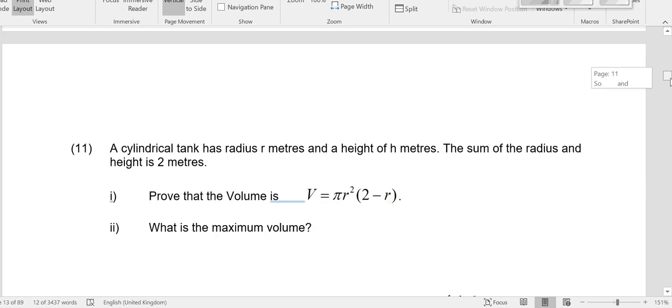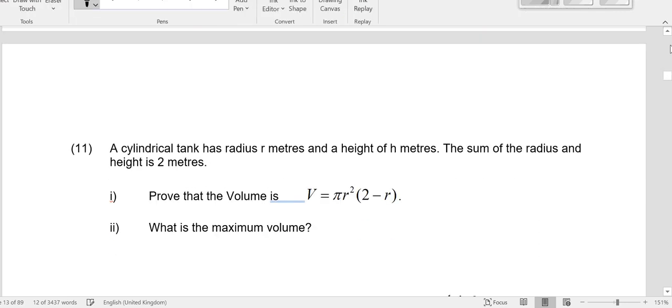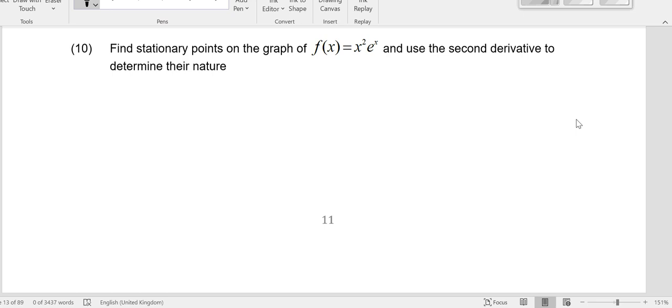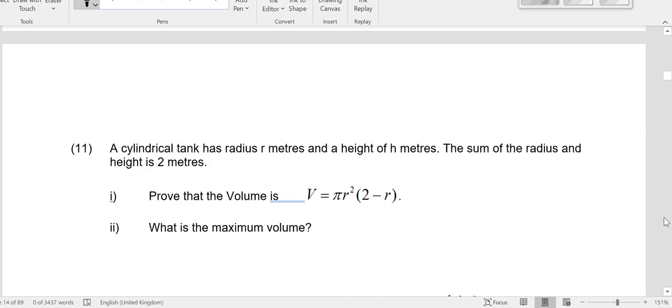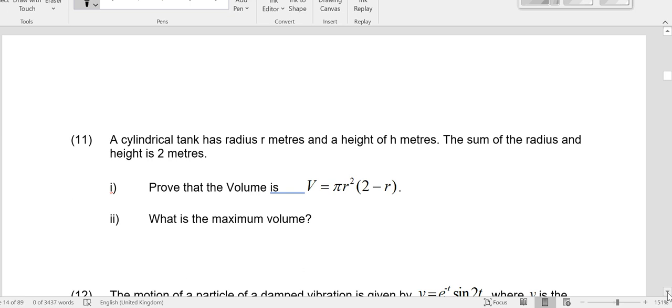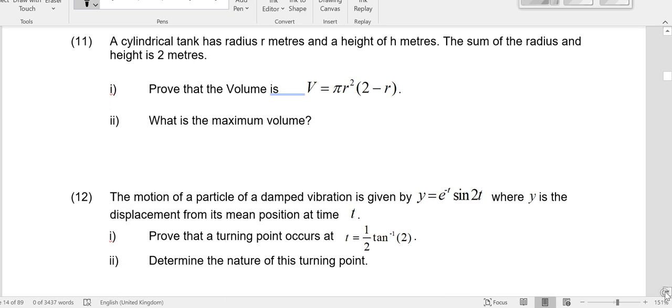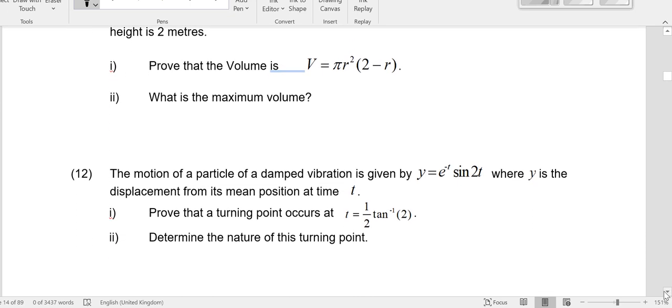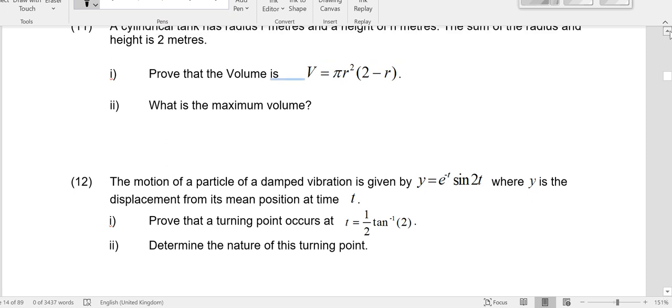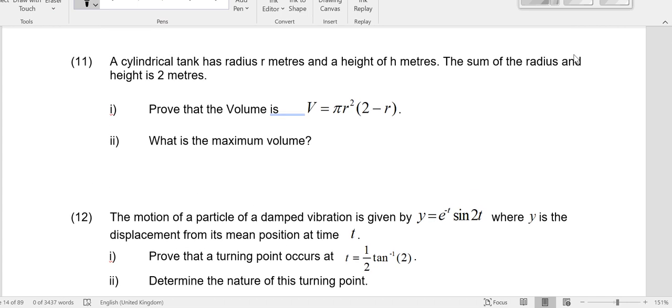Would be worth trying. Now you'll notice that question 10, there we go, is very, very similar to the one we just did. So you should try that one. And then down here, question 11 is an optimization problem. Now, what I would suggest here is, well, question 10 in some respects is more like the one we've just done, so that might be worth trying first. And then question 11, if you do this at the end, this is an optimization problem, but it does require